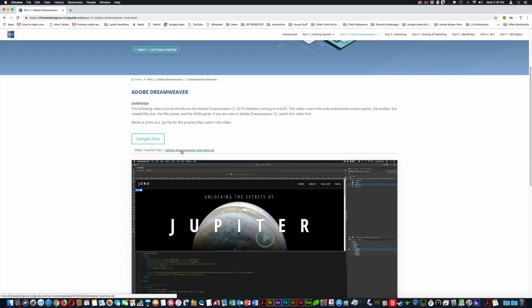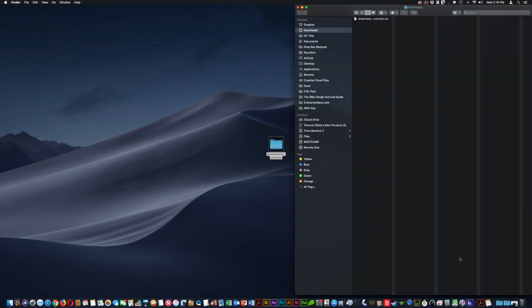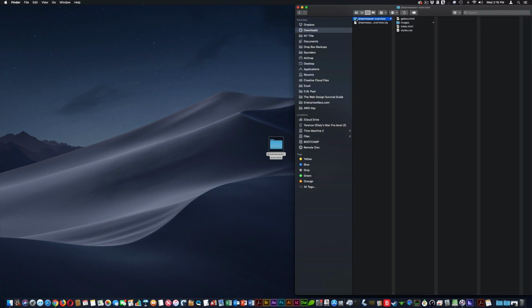There's also a text link to them, and you'll just click on that and they'll download. I've already downloaded mine, and so I'll go to my downloads folder and open that up, and you'll unzip them, and then here's the files that you need to follow along, and I'll just replace the ones on my desktop,